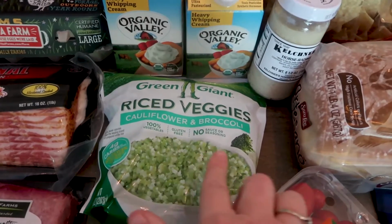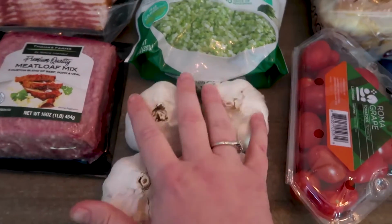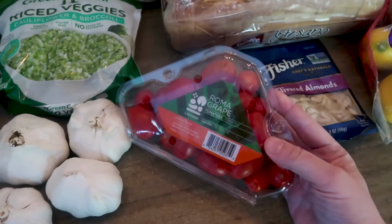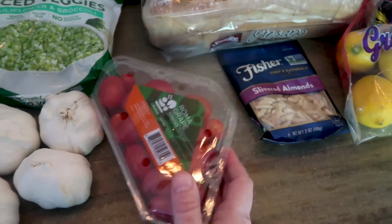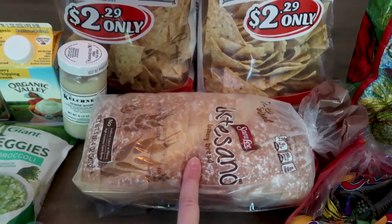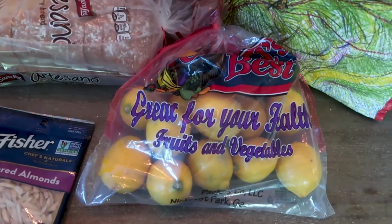This is a cauliflower and broccoli riced veggie, which I thought would be great for a casserole, so I got that. Got a bunch of garlic. I think I'm gonna roast some garlic in meal prep this week. I am doing a video on different kinds of spring salads. So for my BLT salad, I needed some tomato, some slivered almonds for a salad. We got 2 things of bread for the kids, 2 things of chips for the kids, and then a thing of Meyer lemons. And the total at that store was